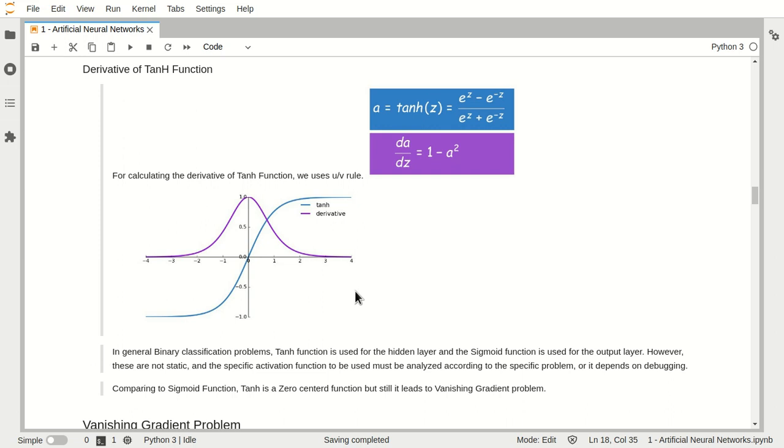Zero loss is very hectic, I can say it's impossible, but minimal loss we will try to achieve, and in that way our model will be able to predict very correct outputs. Not an exact original value, but a value which will be very near to your original values. So this is the total idea and objective, guys, behind backward propagation.